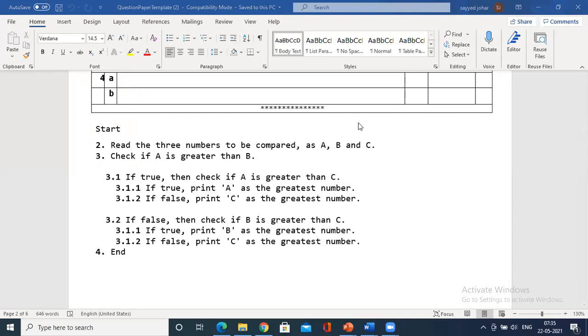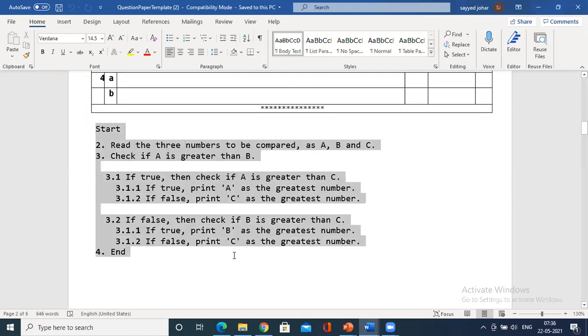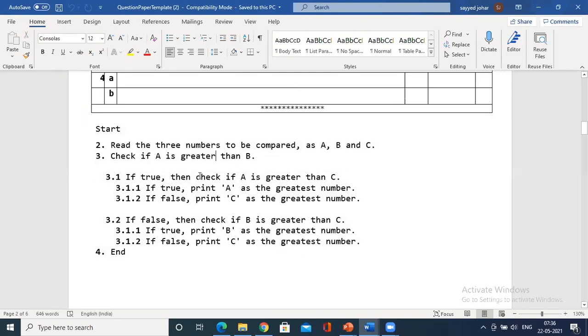We would see this program. The program is to compare three numbers. Check if A is greater than B, and if true, then check if A is greater than C. Here you have two conditions, so you have to use a relational operator. Similarly, if that is the case, A is the greater number, and you have to declare it. If it is false, you have to check for the other cases. So this is like an algorithm, or a step-by-step representation of the steps.